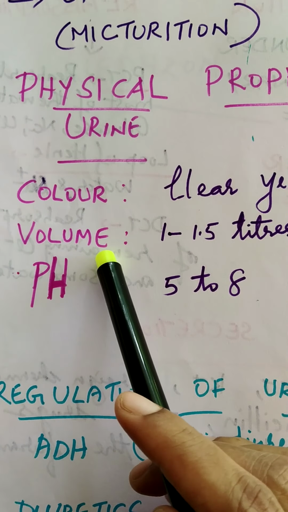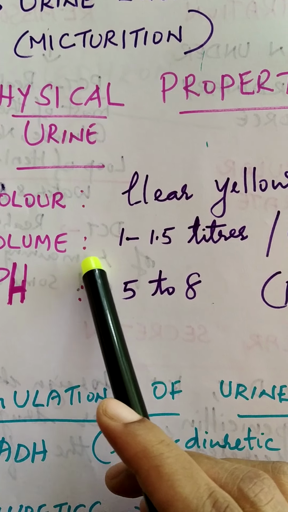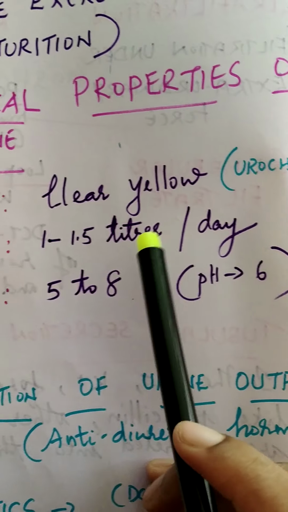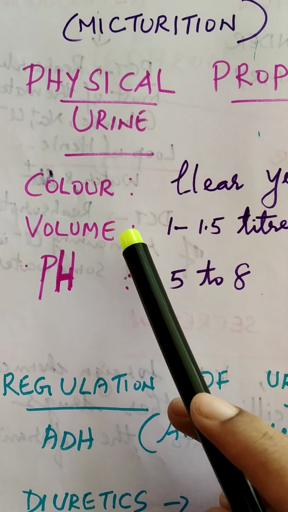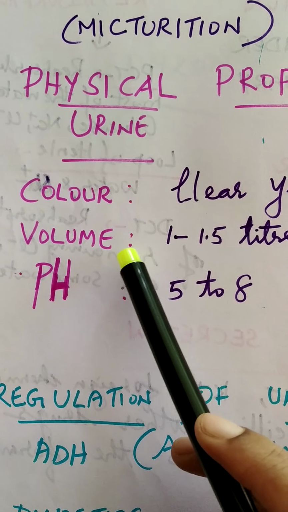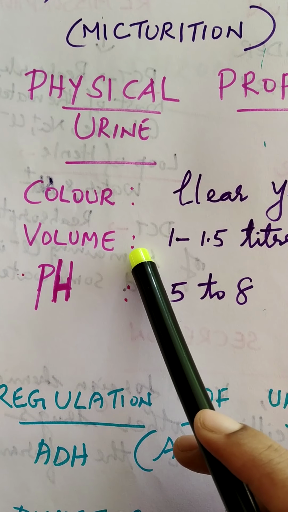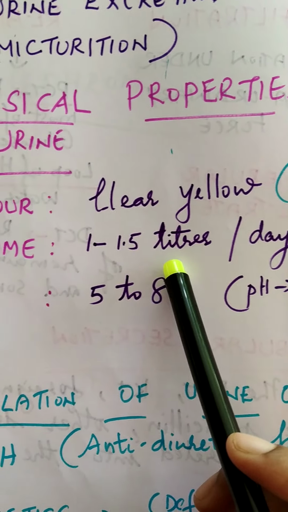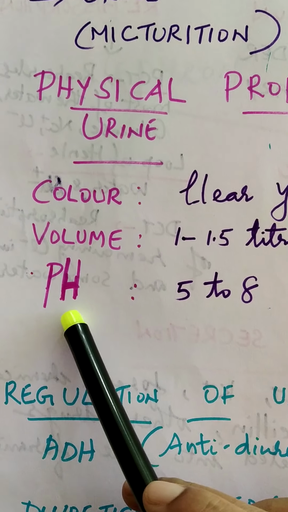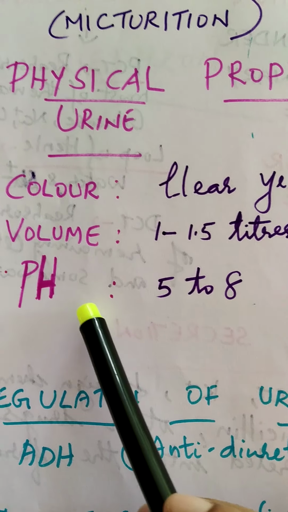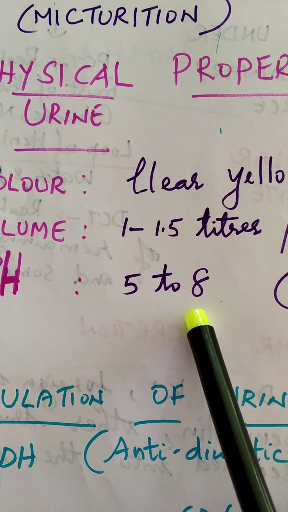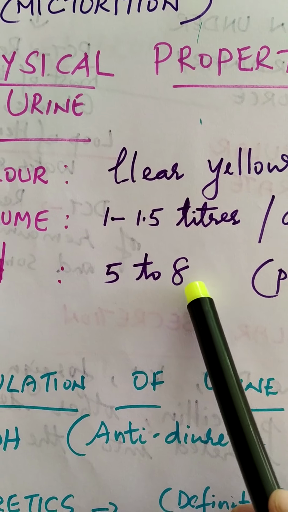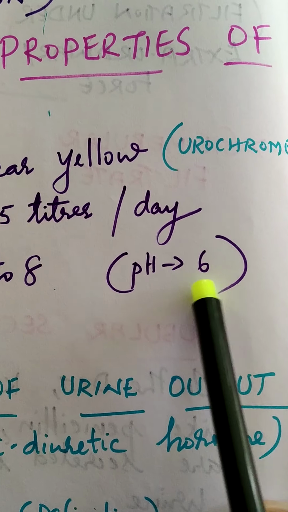Then regarding the volume of urine excreted per day, it ranges from 1 to 1.5 liters per day, and this may vary according to the climate changes, especially summer season, winter season and all, as well as with reference to the daily water intake by a person. Now moving on to the pH value of urine, it is around 5 to 8. So the value is approximately 6,